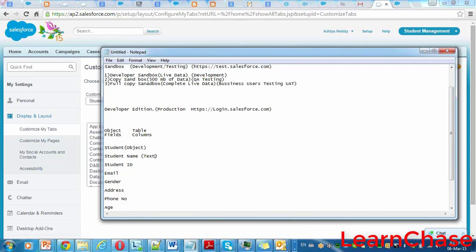Now, for storing student information, for the name we can use text. We cannot use more than 256 characters, right?